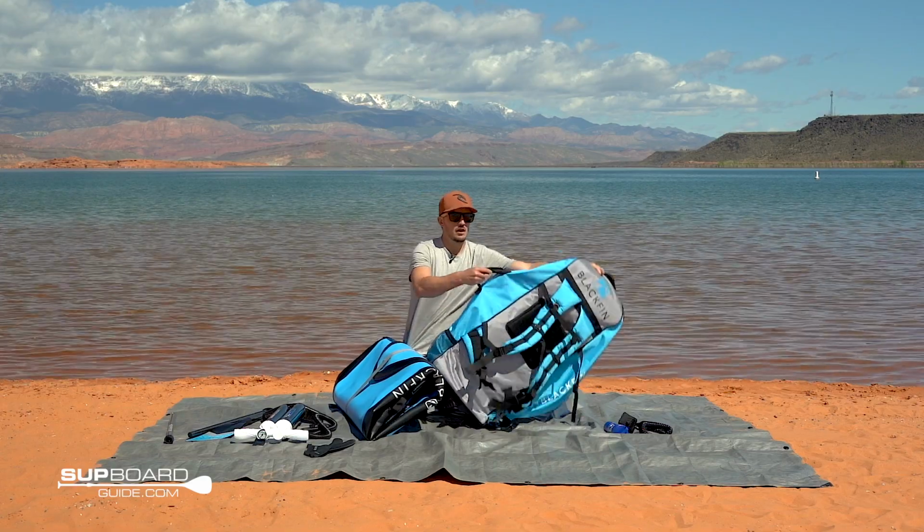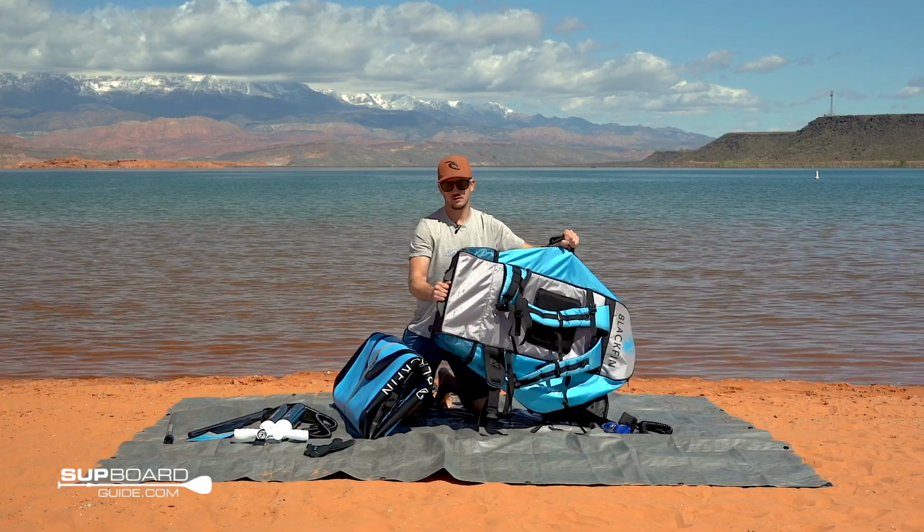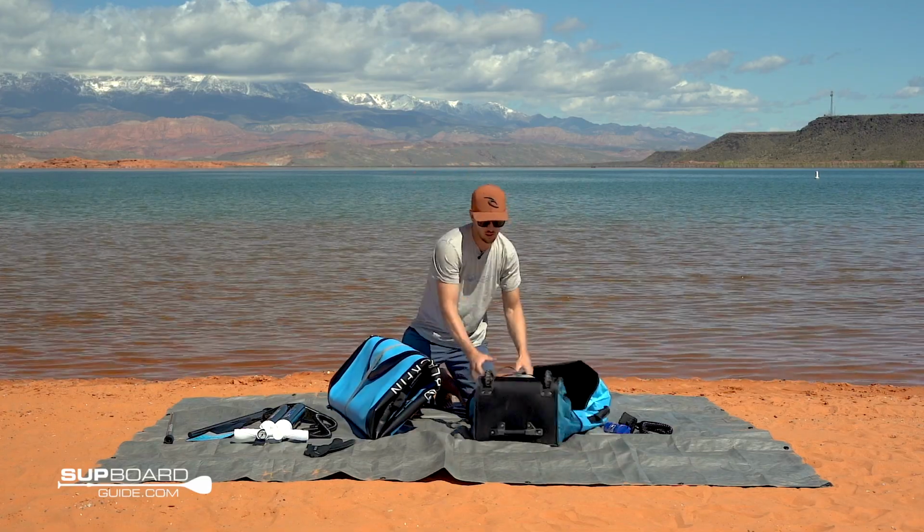Nice, very comfortable bag. Also has this nice handle here. And I kind of use this back part here for a handle for unloading and loading. And then as we talked about,